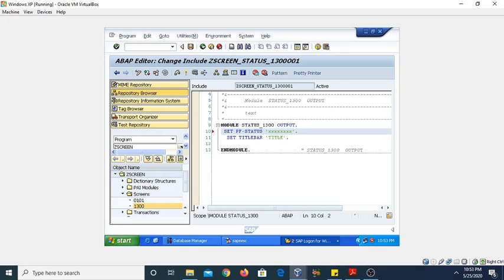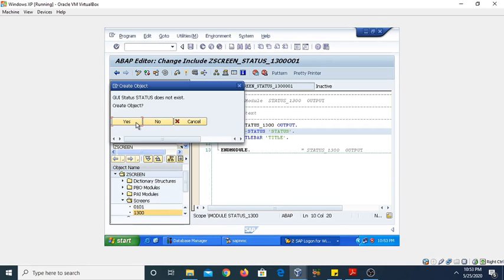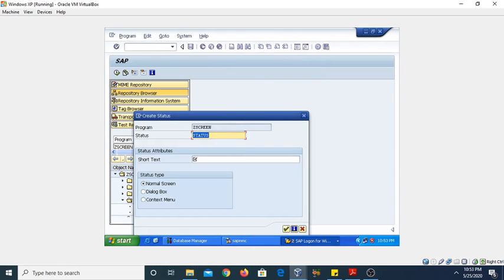uncomment it, use the pretty printer here. Now give the PF status. This is our new status, so I am giving here status. Click on the save button, just double click and it will ask you to create the object.